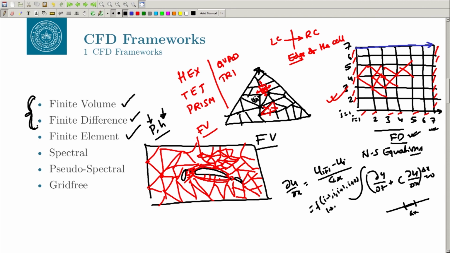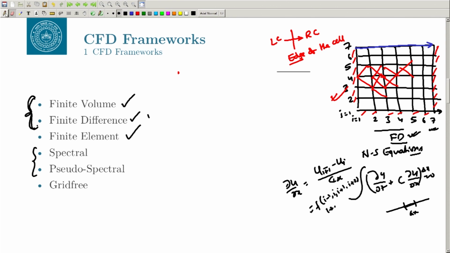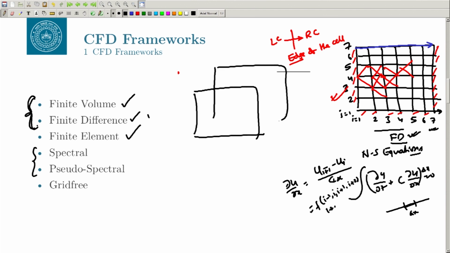Okay. Then in physics the very popular approach is the spectral and the pseudo spectral. Okay. Why? Because when you are trying to solve a problem which says, let us say some convection problem, or let us say homogeneous isotropic turbulence kind of problem, okay, turbulence in a box, where you can make use of the periodic boundary condition, right. So, for example, let us say you want to solve turbulence in a box, right. So, what do you mean by turbulence in a box is basically, okay, this is a